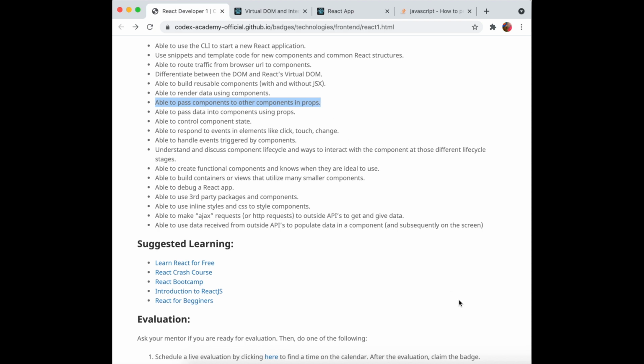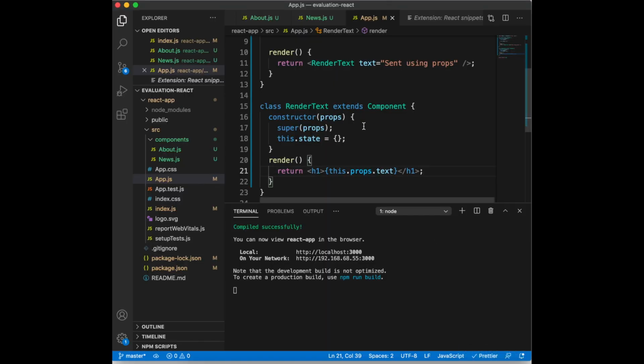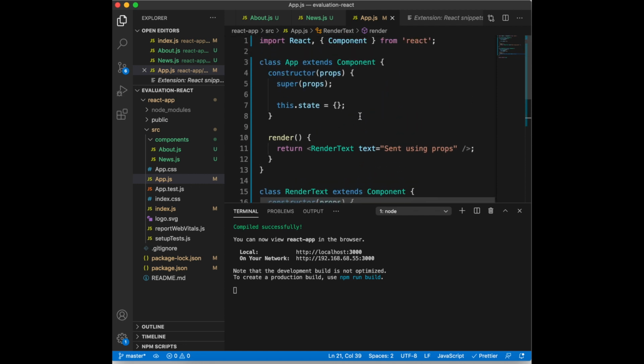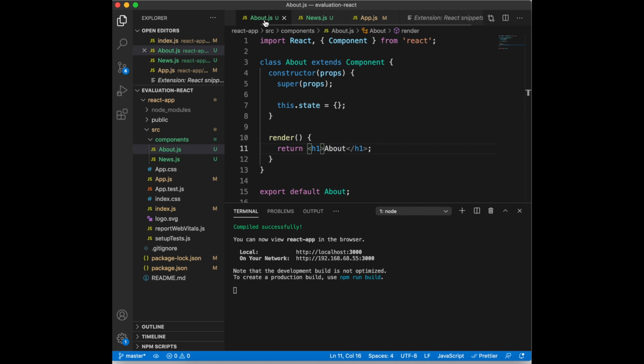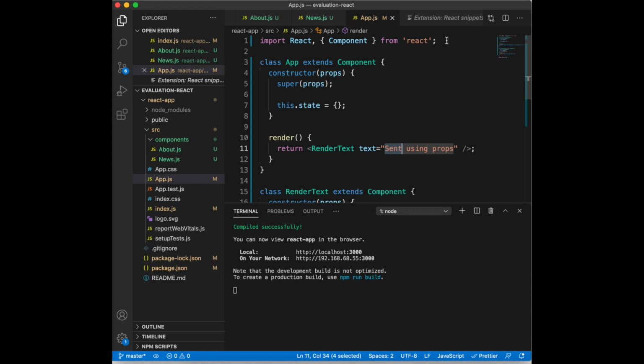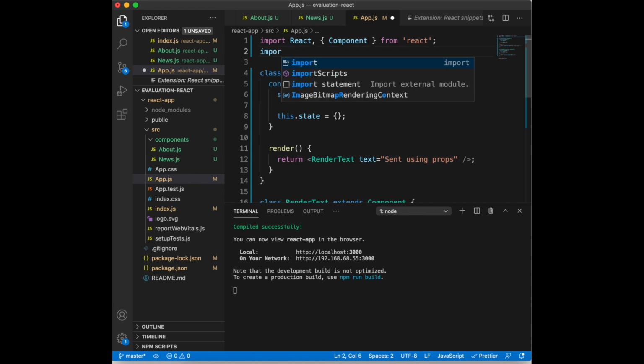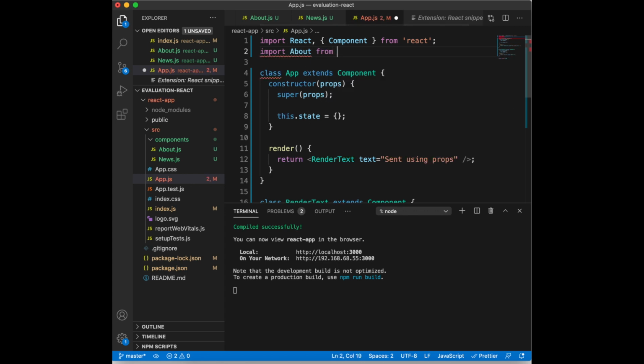To do this, let's go back to our code here. So now here I'm gonna send another component as a prop in a component. So what I'm going to do here is, in the render text component as a prop, I'm gonna send another component, say about.js. Okay, this about.js, I'm gonna import it first. Import about from